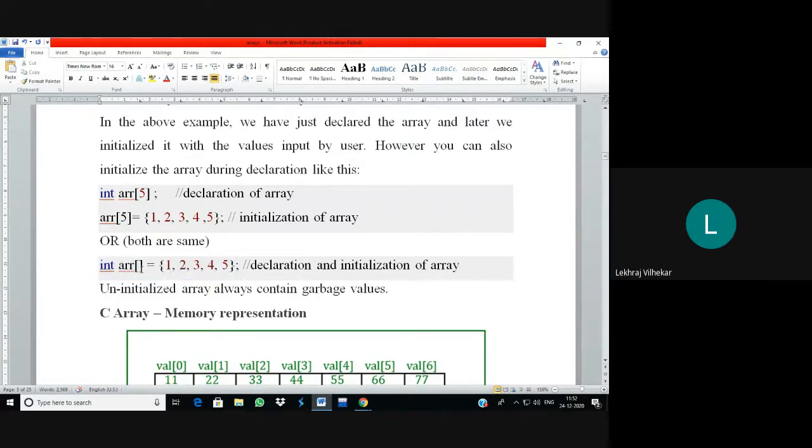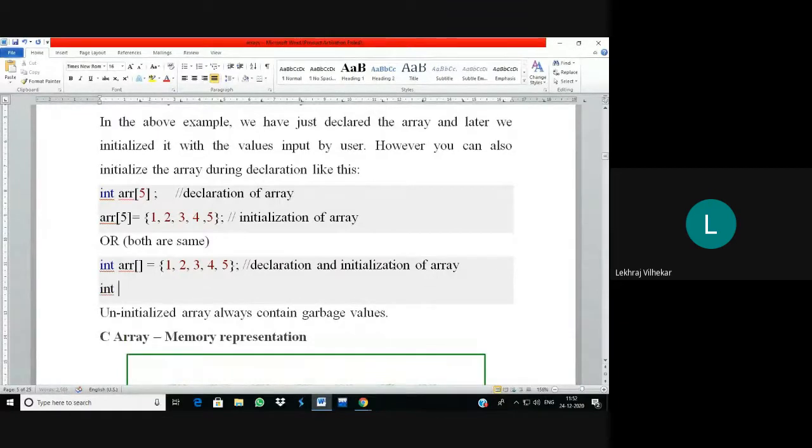Now you can see here we have not given the subscript, we have not given the index, so the compiler is automatically going to find out how many elements are there from this initialization. But it is not that you can give nothing here, you cannot write like this.